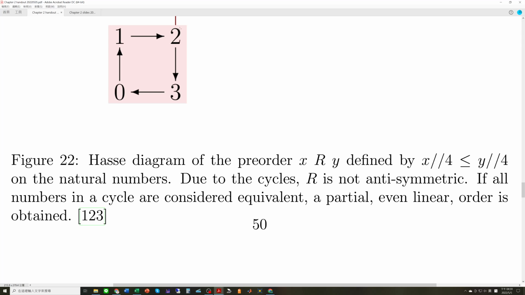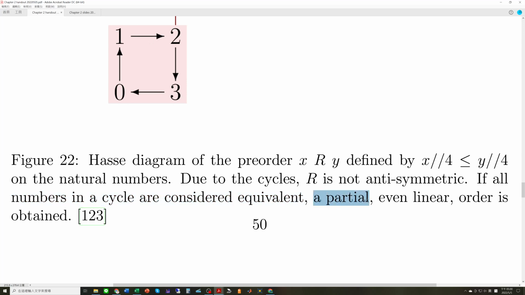So you can think of them as being in the same class, or in the same cycle. If all numbers in a cycle are considered equivalent, as we said, for example 0, 1, 2, 3 are equivalent,